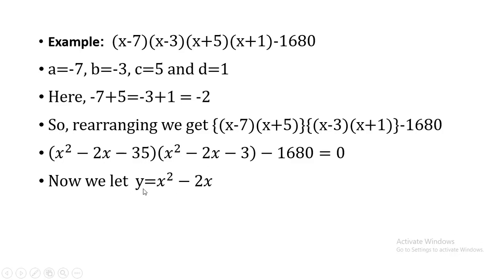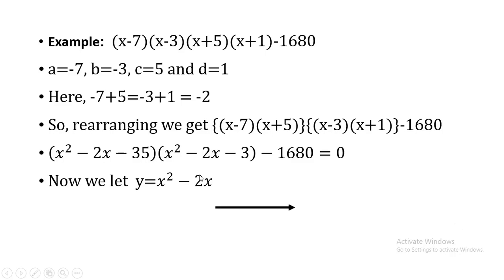We said that let y equal x square minus 2x. Now why are we doing it? It is so that we can reduce them into second order, in a way that we can solve it easily. They are second order equations if you just look at them individually, but right now we cannot solve it directly.